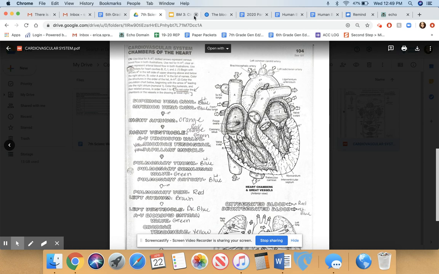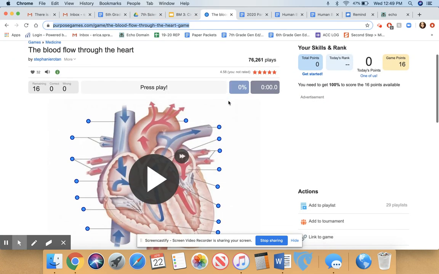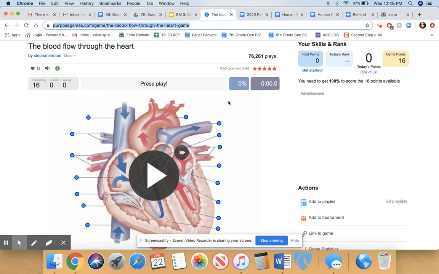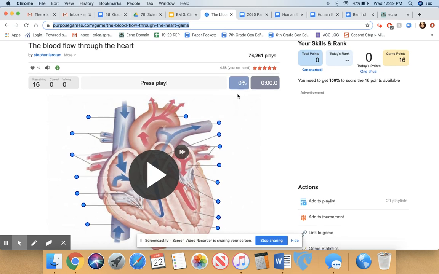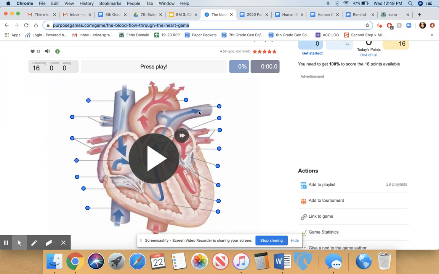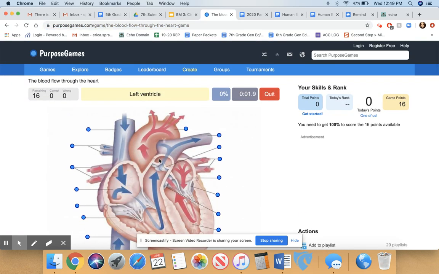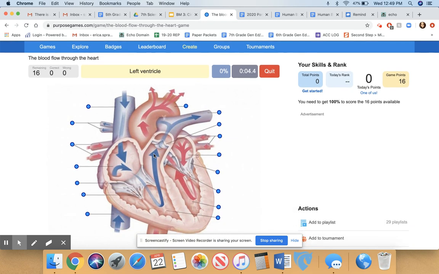Now here's the game that goes with this activity. So if you can't color, you have to do this game. And I had a lot of people turning in screenshots of terrible scores. I'm not going to accept anything other than 100%. So if you don't color and you do this game, you have to do it until you get 100%. And when I say 100%, I mean all green dots, 100%, and you have to screenshot the heart so I can see it. All right, and it shows you the blood flow,